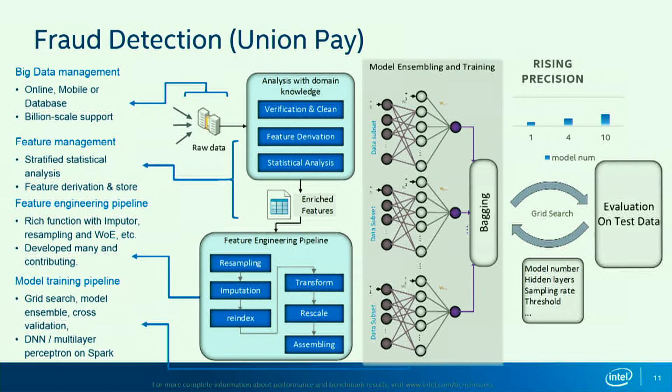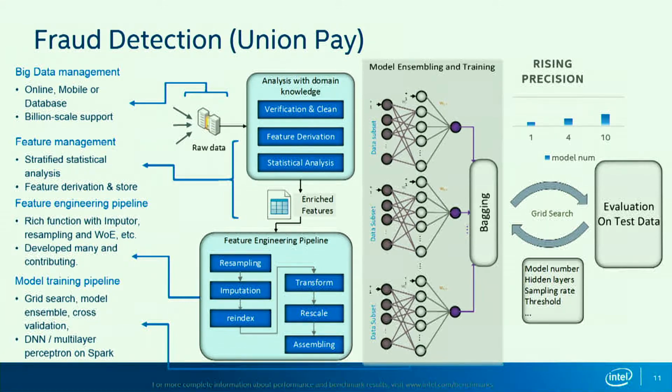After that, we feed all the data into a feature engineering pipeline, where we do some resampling, imputation, and indexing. The resampling is especially important for fraud detection use cases, because in any fraud detection use case, the training data will be highly imbalanced. Usually there are only 2 fraud transactions in every 10,000 normal transactions. So here we use resampling to resolve the